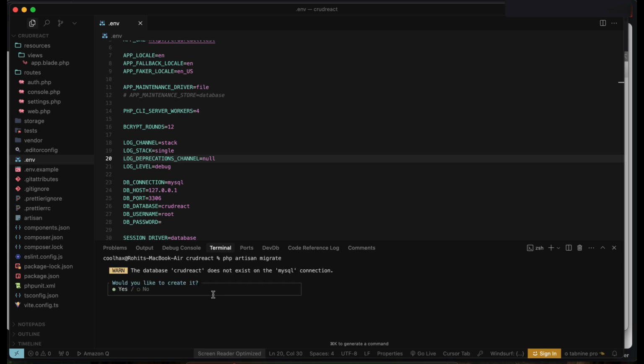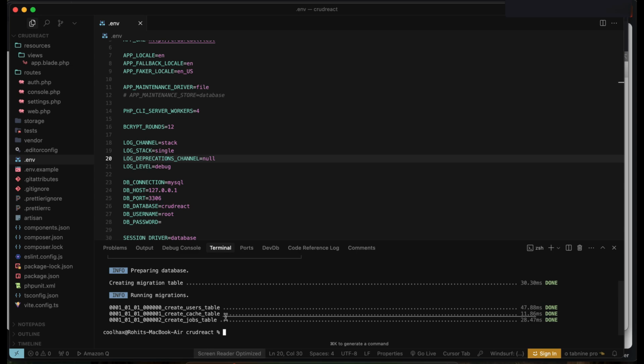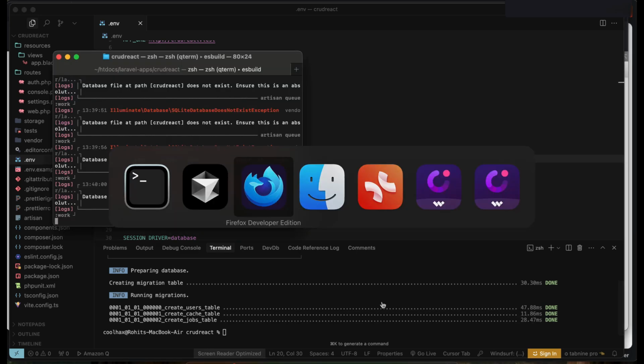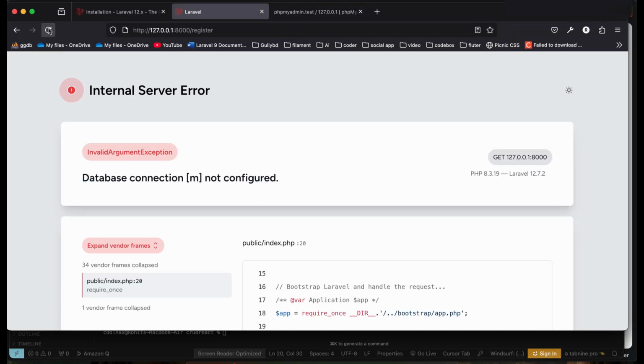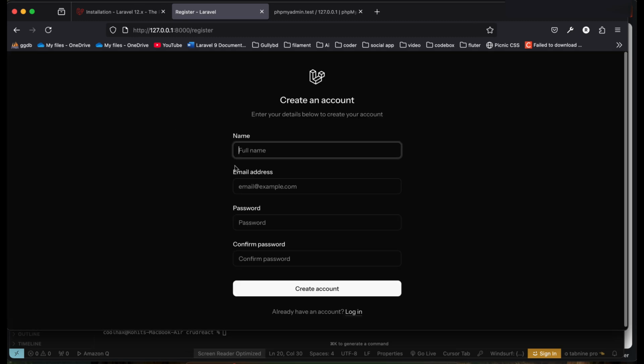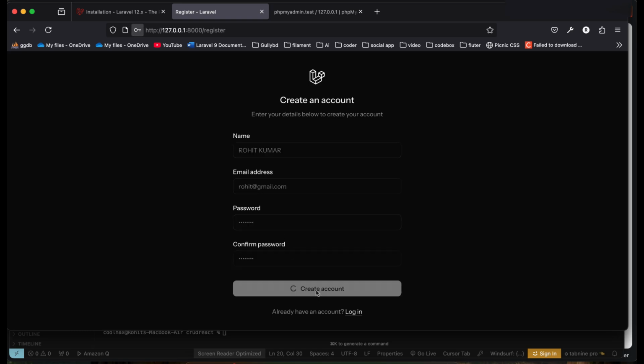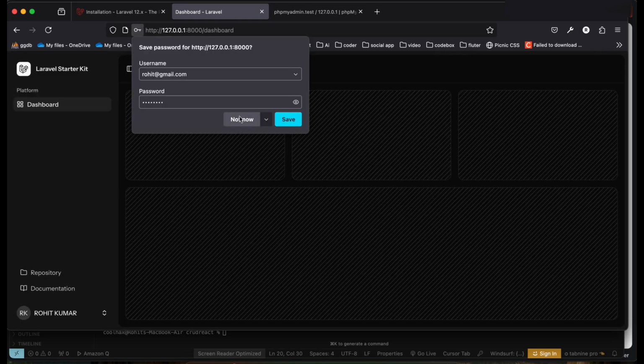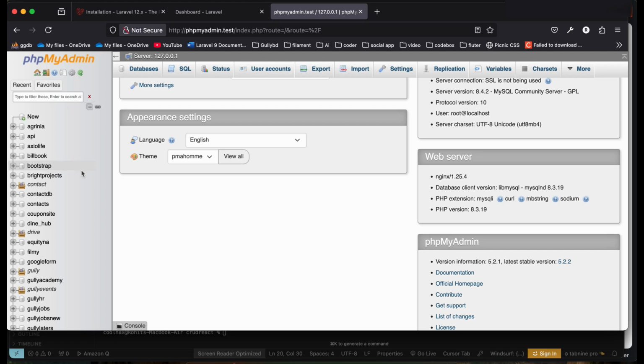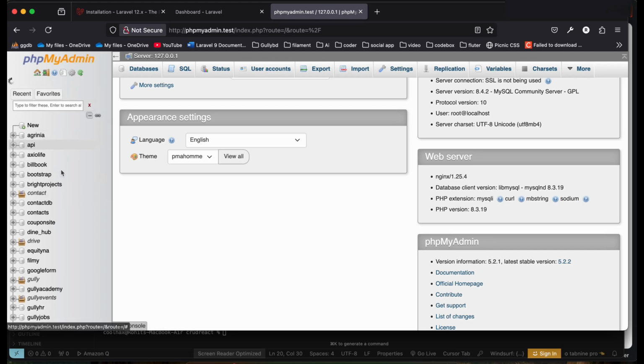They are asking for database, create database, yes, and migration is run successfully. Now go to here and check the project is running perfectly. So first I can register and go and create. So perfectly everything is set up, and you can see the